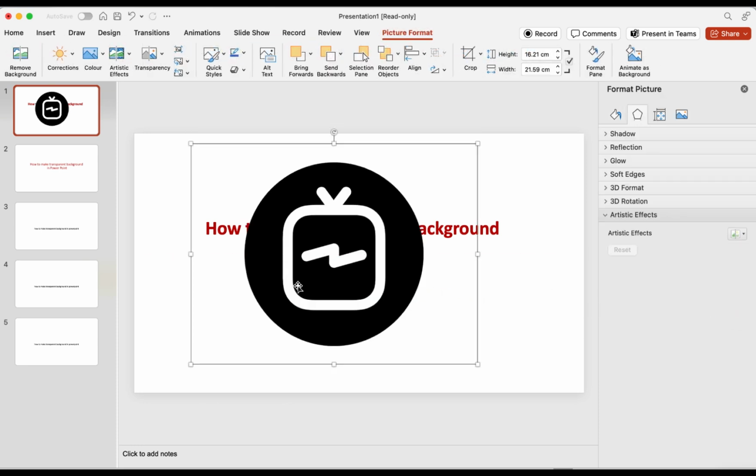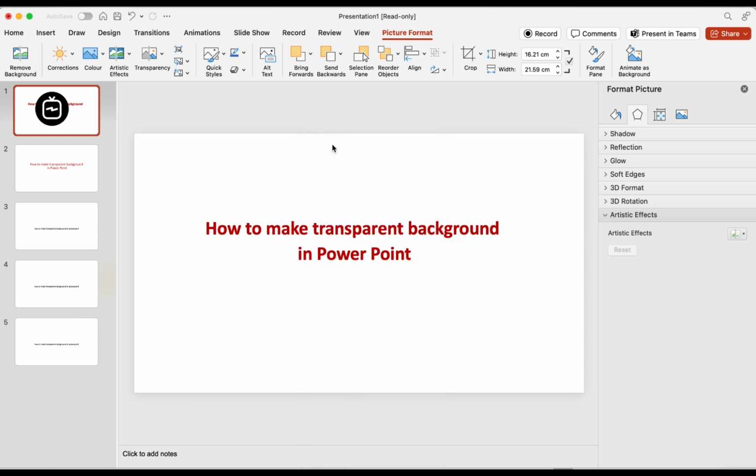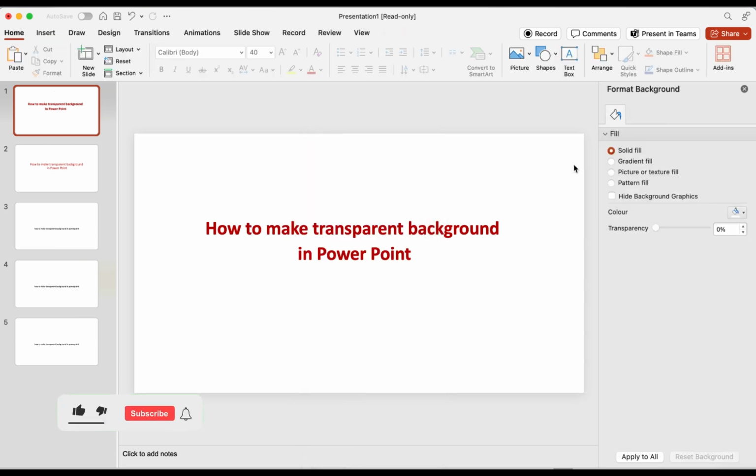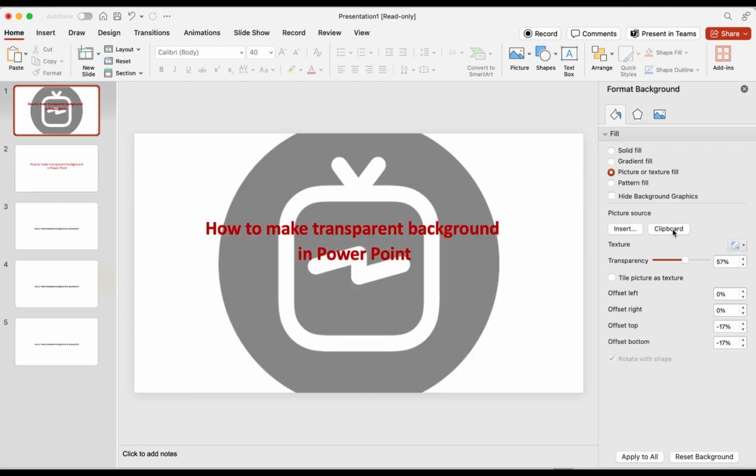Once the picture is uploaded, right click, cut the picture, and once it's done you can see an option called Picture and Texture Fill. Select that one and click on the Clipboard. So as your background is the picture you uploaded, you can adjust the transparency according to your preference. So I just keep it at 70,